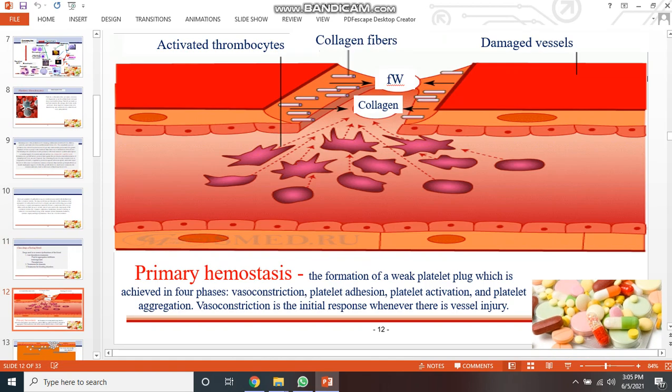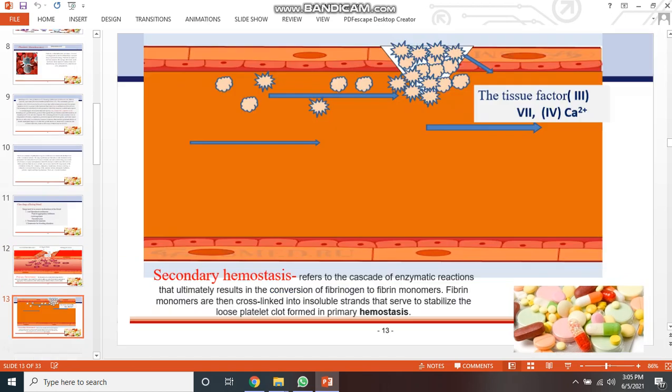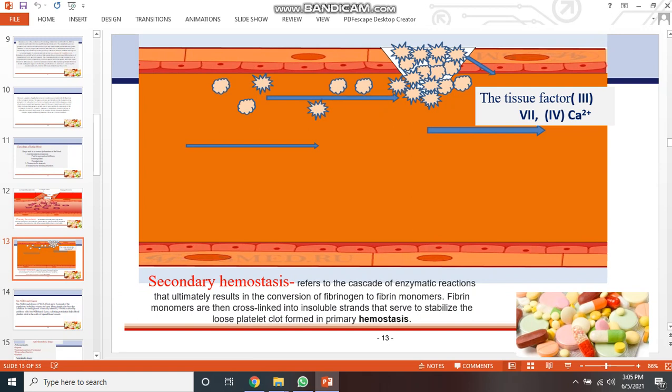Now you can see primary hemostasis, the formation of a weak platelet plug, which is achieved in four phases: vasoconstriction, platelet adhesion, platelet activation, and platelet aggregation. Vasoconstriction is the initial response whenever there is a vessel injury, and you can see the collagen fibers come close to each other where there is a damaged vessel and activated thrombocytes. They collect together and make a clot. And you can see the secondary